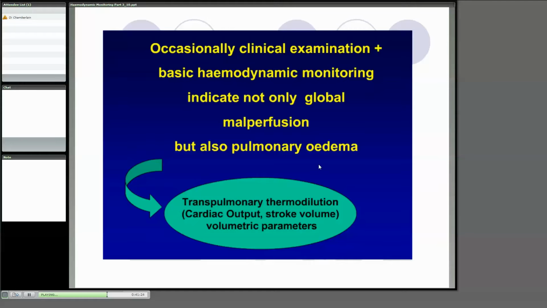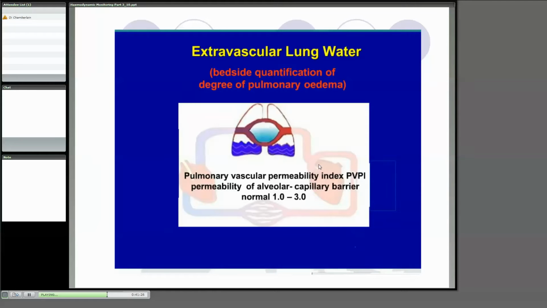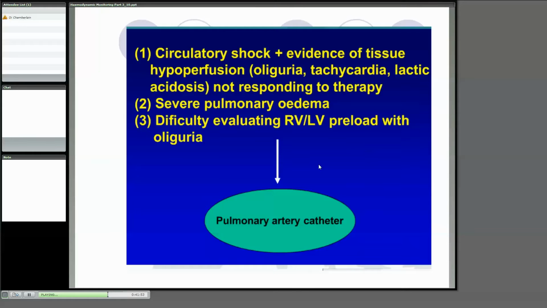So then we need to move further on, and PICCO actually measures what's called extravascular lung water, and it gives you an objective measure of how much pulmonary edema is there, whereas many of the other devices don't do that, and this works quite well. A lot of the intensivists don't trust it, but it does work quite well. Now, we've gone through all of those things. We know our patient has pulmonary edema,